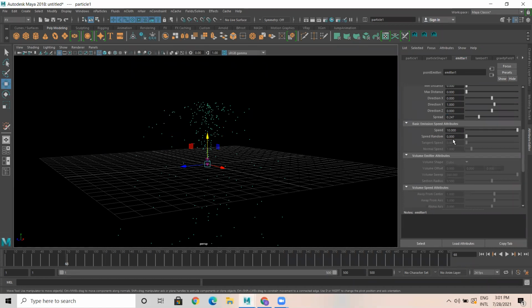Random. So what is this random? I'll tell you. Speed 10 means all the particle speed is 10. If I give random 7 or 8, the minimum speed of the particle is 7, maximum is 10. So one particle speed might be 8, another might be 9, another might be 10, another might be 9.5.